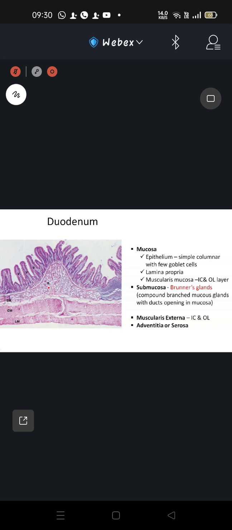Since we now know the architecture of the duodenum, we can discuss the gastroduodenal junction. Other changes taking place at this junctional region: initially you can see here the deeper portion of the muscles. So this muscularis externa layer is thickened here to form the pyloric sphincter on the gastric side.